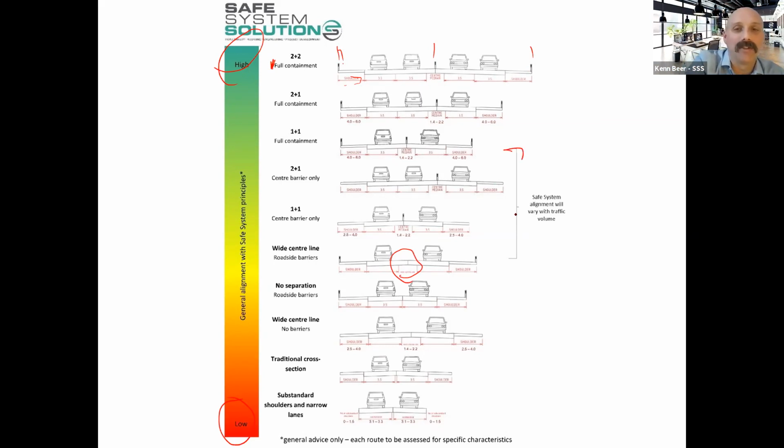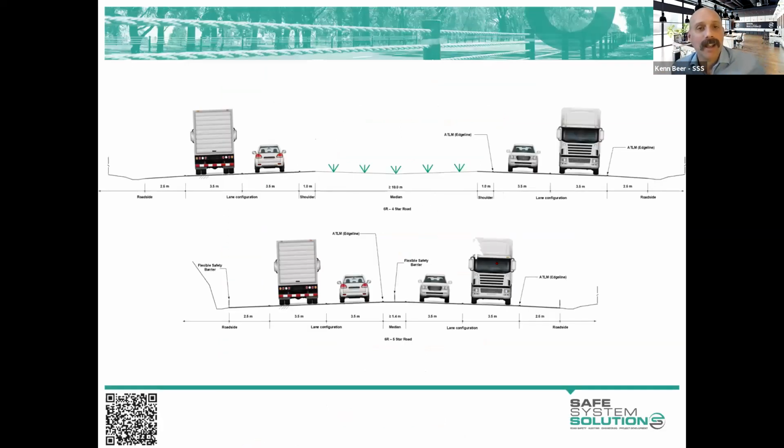And there's a bit of jumping around here with, depending on your volume, exactly which is best. But we won't go into too much of that detail. And there's lots of different cross sections out there, but you can see the difference between this cross section where you've got these big wide areas and you've got no barrier systems, but some clear zone out here, compared to barrier system, barrier system, barrier system. And you can see here, it's a very small text, but that says 4-star road, and that says 5-star road. And that's sort of your iRAP